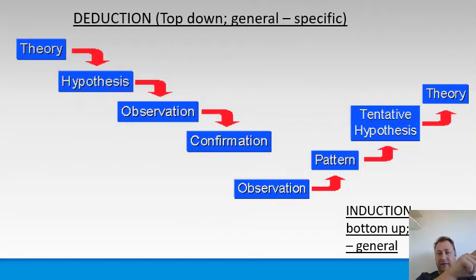This is the pattern of flow in deduction and induction. So deduction: create a theory first, then you create a hypothesis, you try and test it, and you confirm it maybe. While the other way, induction, is where you observe things. Oh, look, there's something going on there, and then you try and test it, and then you come up with a theory.